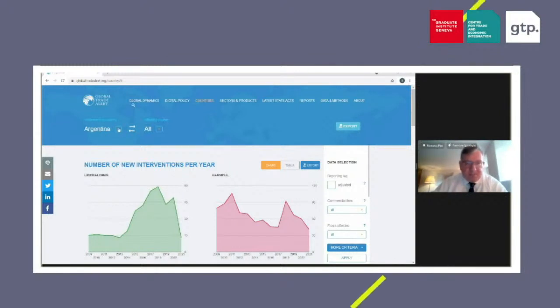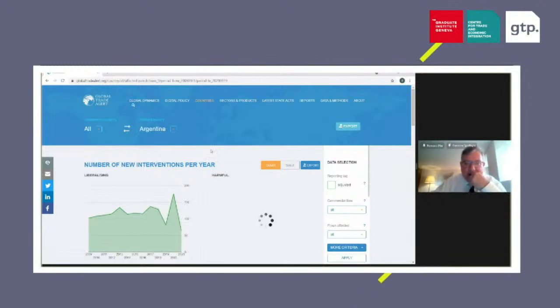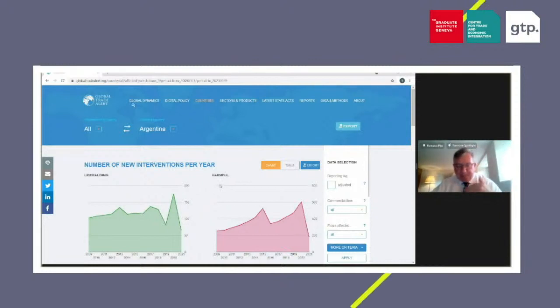Now, the other interesting thing about this page is that suppose you're interested not in what measures Argentina has taken which affect the rest of the world, but in what the rest of the world has done which affects Argentina. Then you click the two arrows button as I have just done, and it will recompute the charts for all the measures affecting Argentina. This will enable you to extract information on the annual totals in this regard. As you scroll down this page, there's further information on the sectoral breakdown, the types of public policy interventions, and specific policy interventions as well.